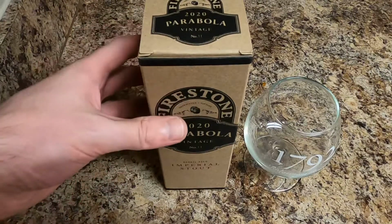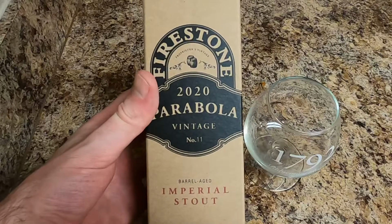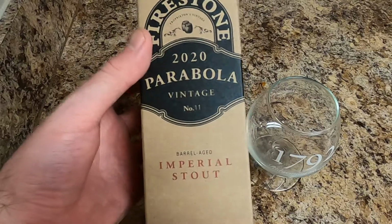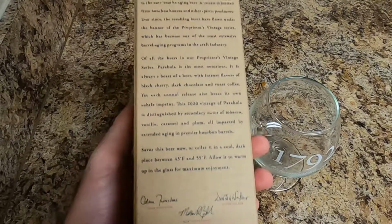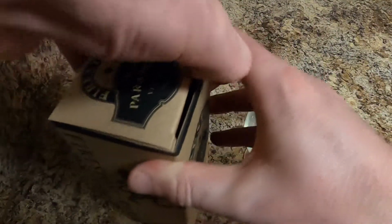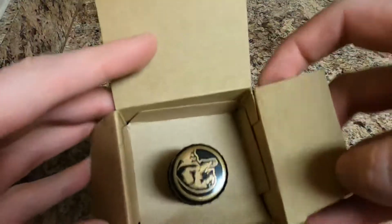This time we have a beer review. It has been a while, and I have with me a 2020 Parabola Vintage. So this is a barrel-aged Imperial Stout from Firestone Walker, and on the back it gives a little bit of detail about the beer itself, but we are going to go ahead and open it up if we can actually